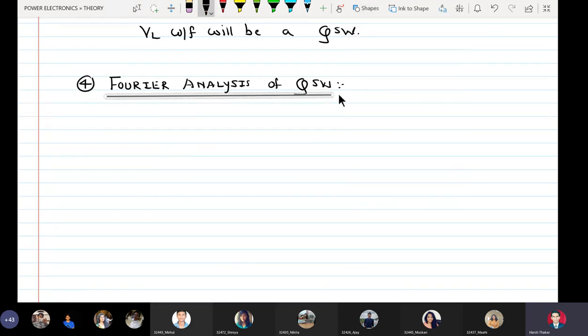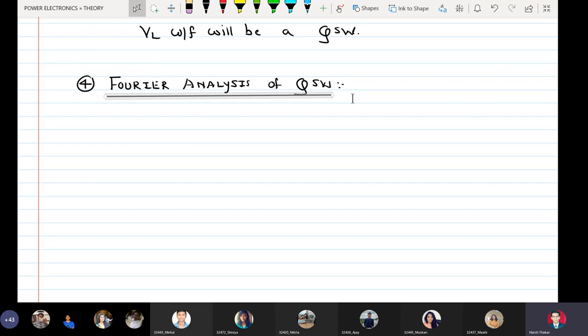Let me tell you that Cauchy square wave is better than a square wave. In what sense? That it contains a lesser number of harmonics compared to a square wave. Now, we know that the output of an inverter should be pure AC, that is pure sine wave. And pure sine wave does not have any harmonics, it has only the fundamental. But the problem is that the first inverter which we studied till now, a full bridge inverter, has an output which has the nature of a square wave, and square wave has all odd harmonics, which we do not want.